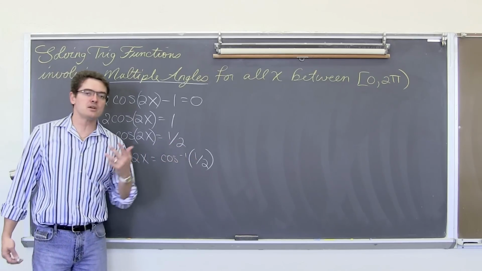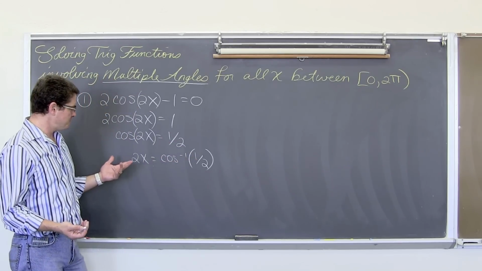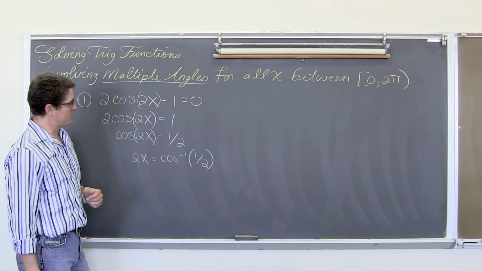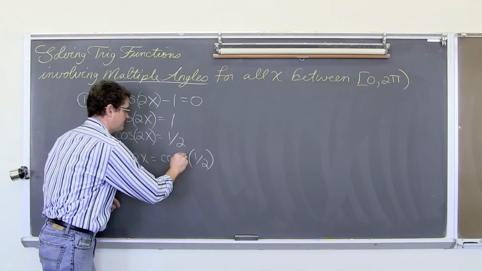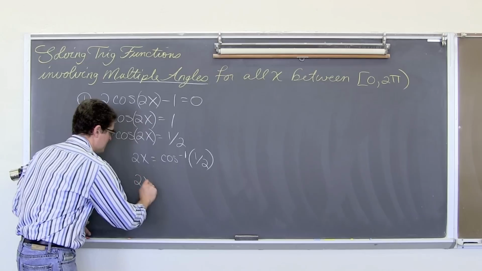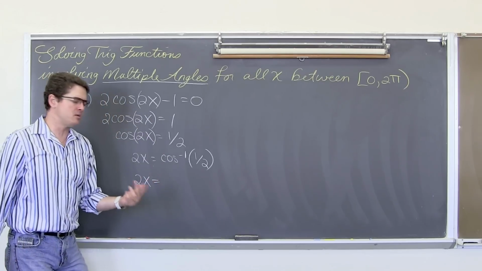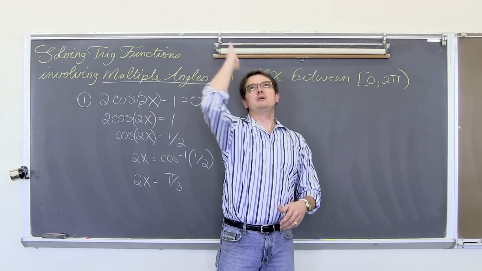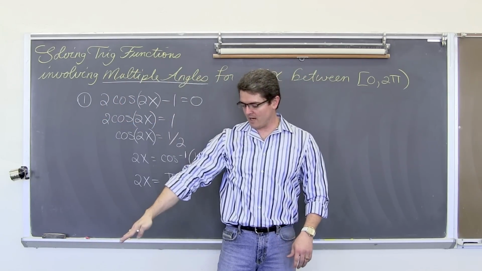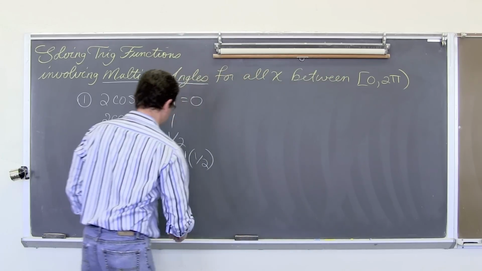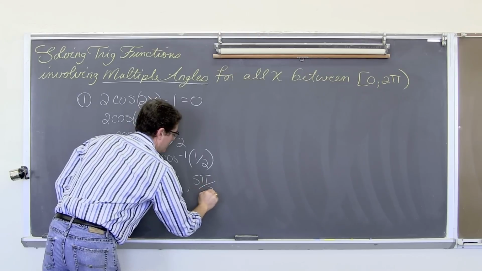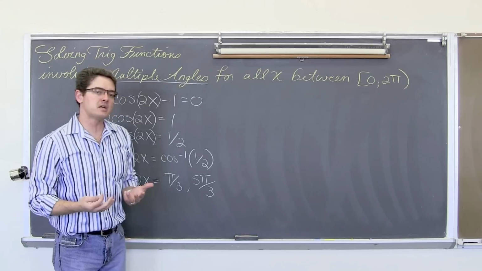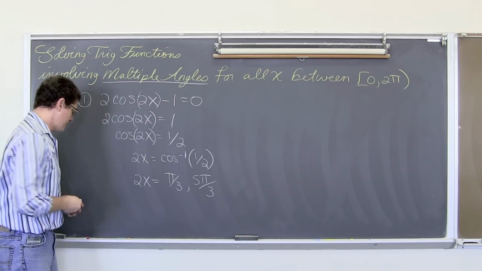So again, if this is a brand new question and you've never done these before, you might be thinking, okay, again the 0 to 2 pi, where is cosine equal to 1/2, or what's the answer to the inverse cosine of 1/2? Well, 2x is equal to, okay, cosine is equal to 1/2 at pi over 3. And so pi over 3, 2 pi over 3, 3 pi over 3, 4 pi over 3. Oh, that's right, 5 pi over 3 is the other one. And you might be thinking, okay, well that's the 2 places on one rotation of a unit circle where cosine is equal to 1/2.